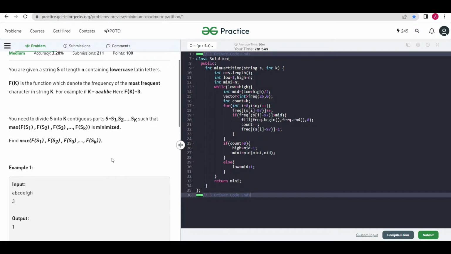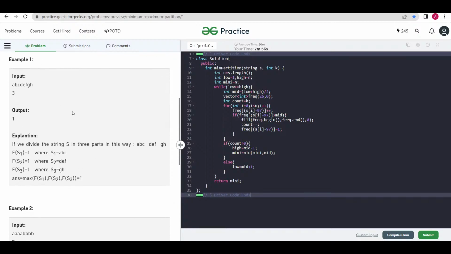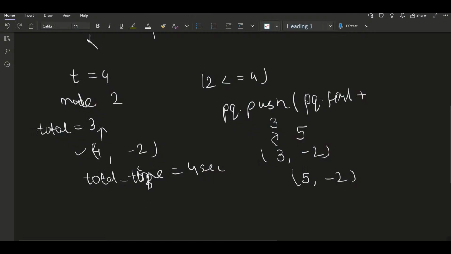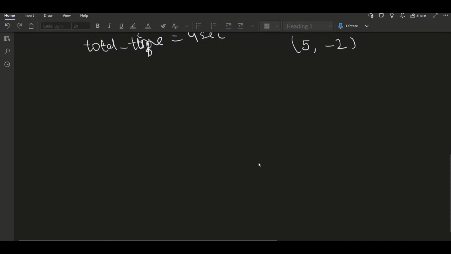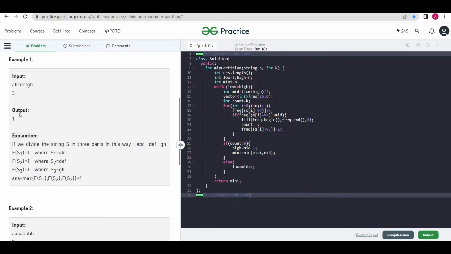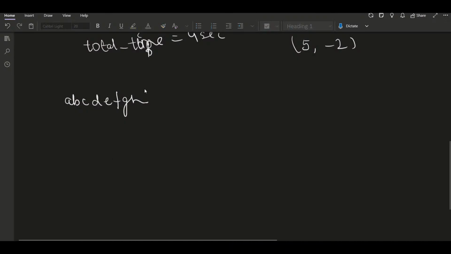I can explain this with an example as well. Suppose we have the string a b c d e f g h, and we have been given k equals 3, so we have to partition the string into three strings. Let me again check whether this is a b c d e f g h. This is the given string. If we partition this string at this point, into a b c, d e f, and g h,